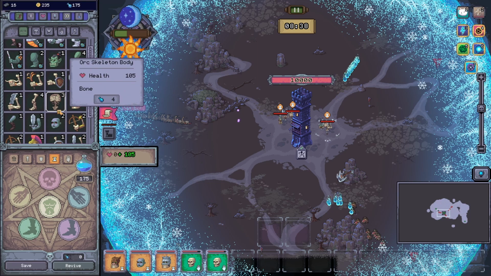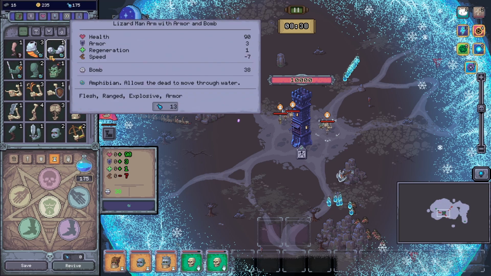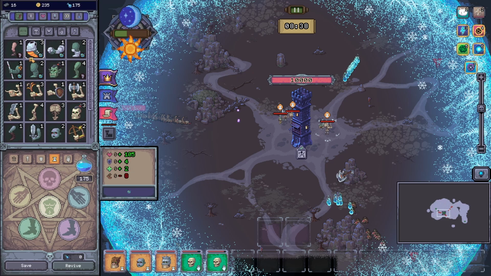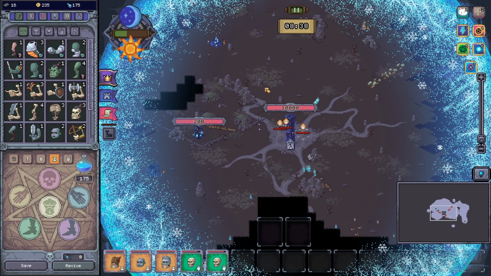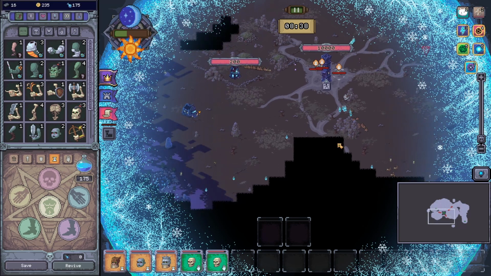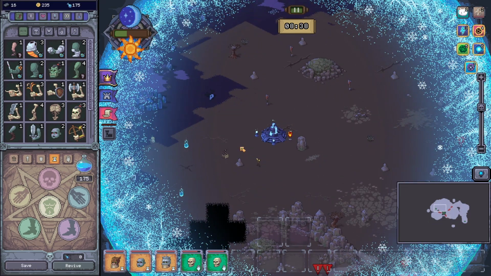You're like, oh, we've got zombies and we've got skeletons, and later on you get harpies, as you've seen from an upgrade tree. There's lizard men with grenades and armor, and then they have attributes as well, like amphibian, which allows them to move through water very, very quickly. And we also got another one here, a reduced penalty when moving through deserts, swamps, and snow, because there are different biomes, as you can see here, that give different body parts dependent on what you're collecting inside via the